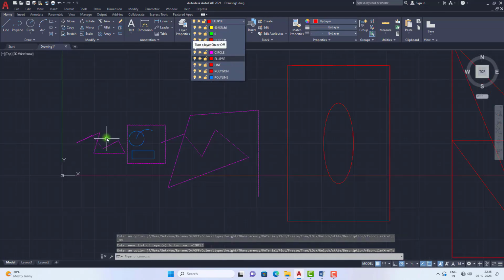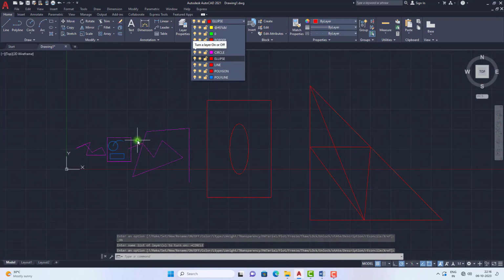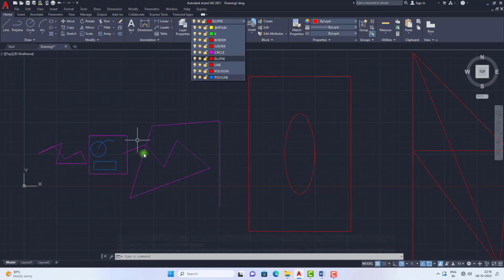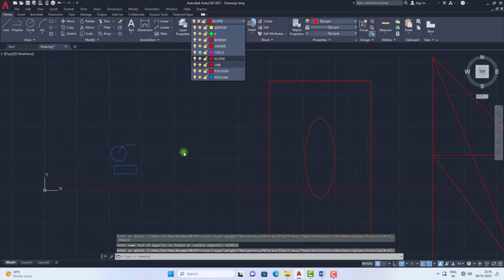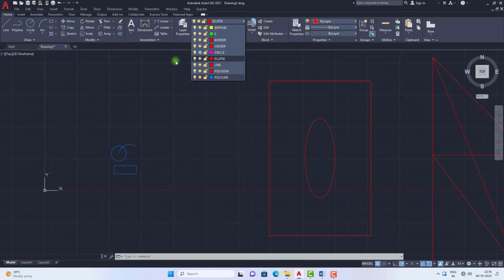So to show or hide any objects in that particular layer, and you need to show only some other objects in the drawings, you need to use this first option, on or off a layer. Now there is a second option here, freeze or thaw in all viewports. So if you click on this, again we will use this option. I am clicking on the second. See, if you click on this, then the objects will be in freeze mode. Freeze mode means the same thing that this on or off will do.